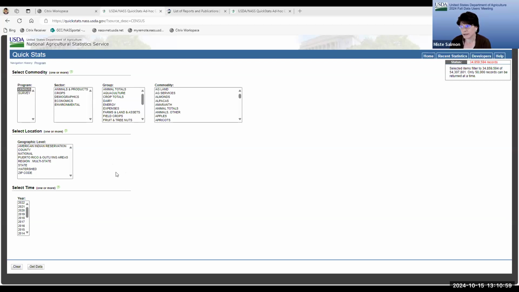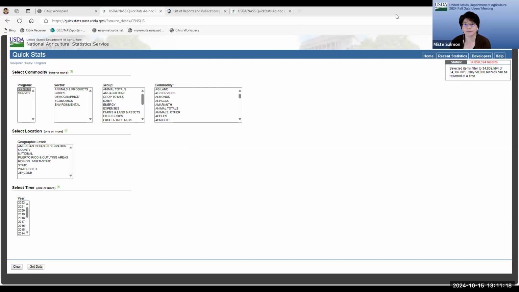Also, we'd recommend that you stick with just a limited query on program, commodity, data item, and domain. And then you won't limit yourself out of something you would want to find. So with that, I will go to